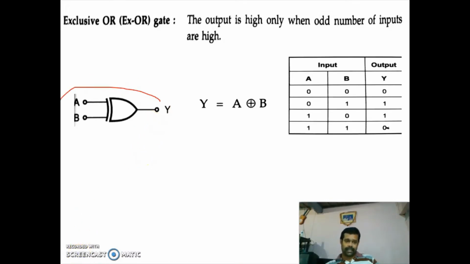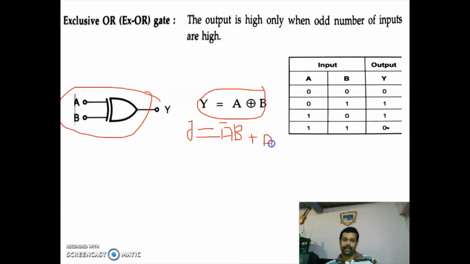So this is a diagram. This is an expression. This expression can also be written as A bar B plus A B bar. So this is an expression for A B bar exclusively OR, or it can be simply written as like this. This is a symbol for exclusively OR. So in exclusively OR, if you're having odd number of inputs, so here one is odd number, so output is high. Here one is an odd number, so output is 1. So here two inputs, so even number, the output is 0.